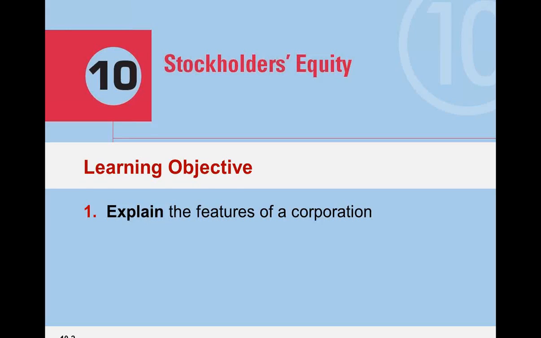We look at the internal controls that need to be related to cash. We look at our bank reconciliations. How does that play into having more adjusting entries and items like that? We move on through. We take specific looks at current assets. We look at inventory and cost of goods sold, and how do we calculate that, and how does that appear in the income statement for your cost of goods sold and on the balance sheet for your asset section. We go on to look at long-term assets, which are our fixed assets, our plant, property, and equipment,